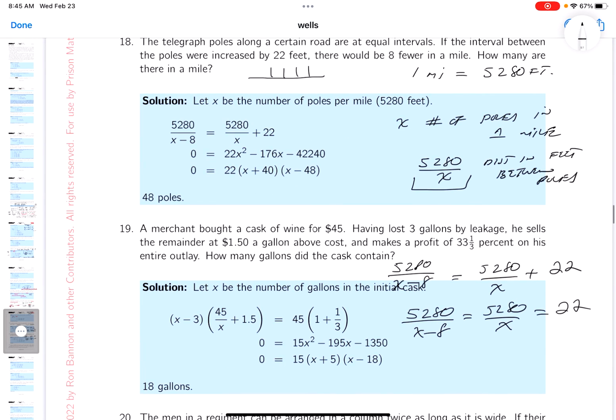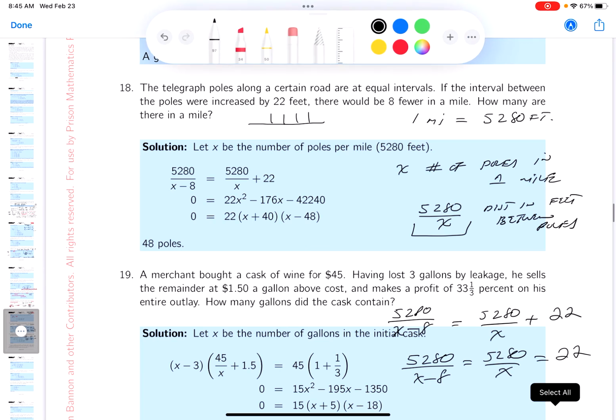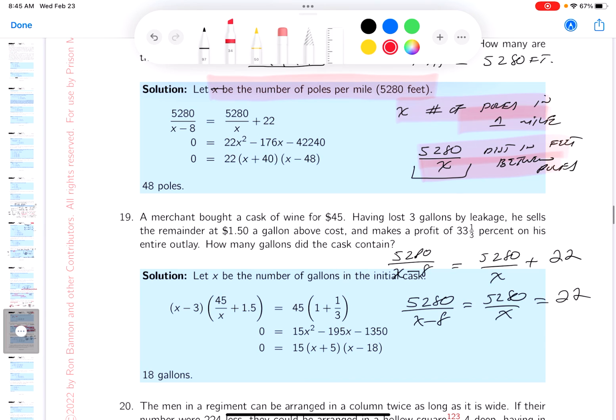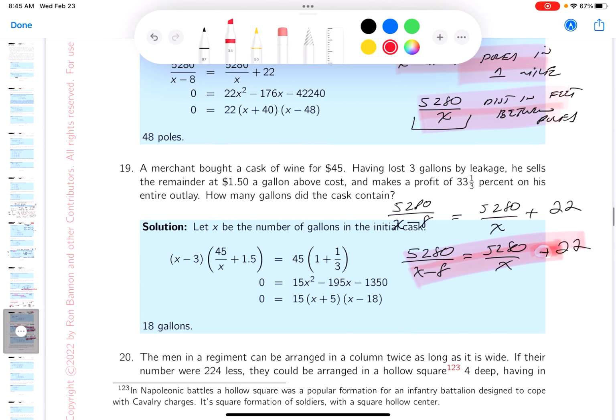All right, let's just see if we got that. And I'm looking at the key now, and this is what you're going to be doing too. X is the number of poles. Yeah, I got that written down. I got the equation written down. Whoops. Made a mistake in the equation now. Get my eraser out. That's a plus. And, not that I want to solve it, but if I were looking at that, I probably would divide by